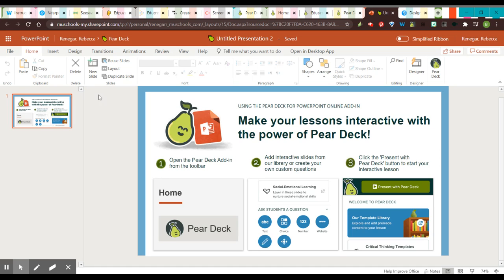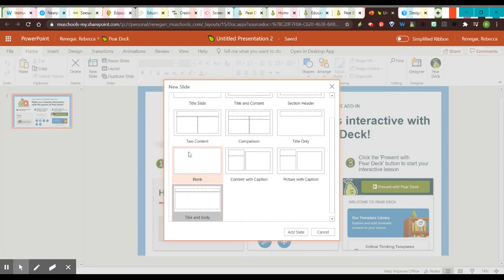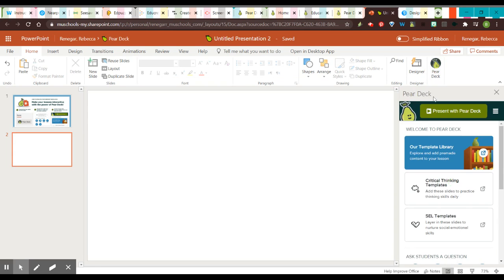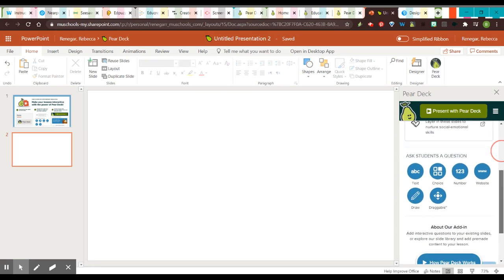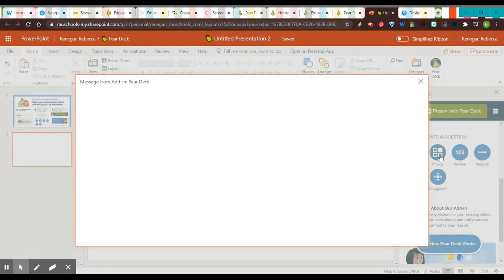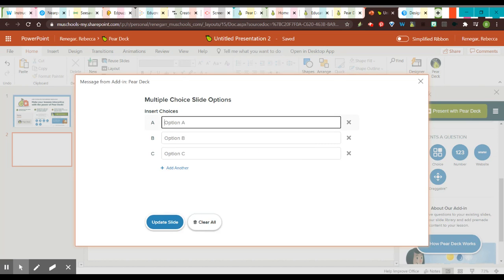So I'm going to go ahead and add in a new slide. And I'm going to use my Peardeck tools here. I could go to the template library and download some different templates, or I can immediately just put in a tool that I want to use. So let's say I want to embed a multiple choice question. I can go in and insert my choices,